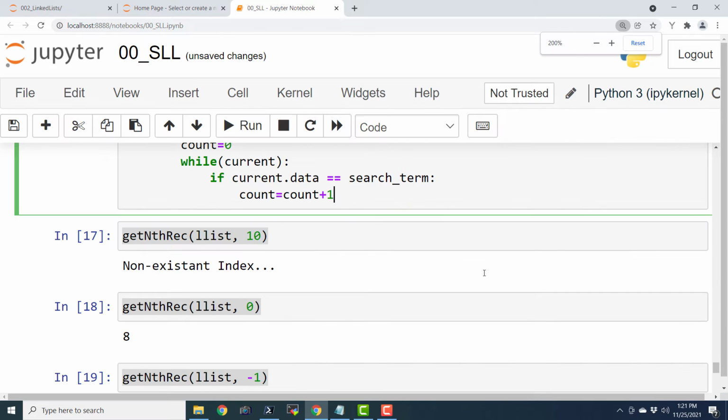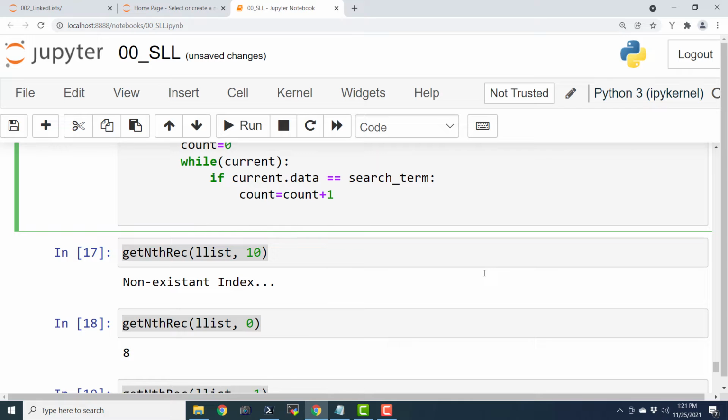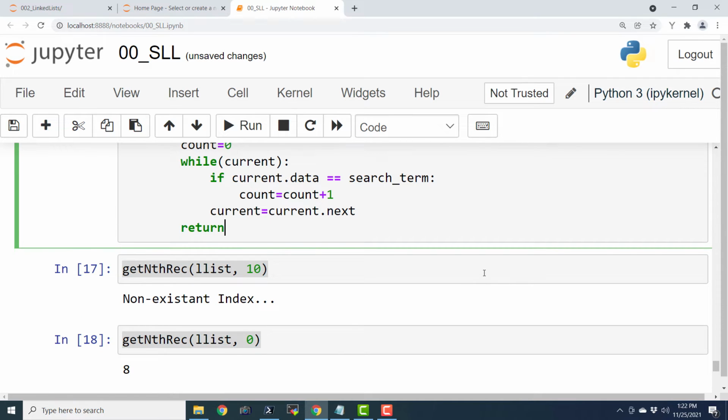And I hope that you are able to see whatever is being typed on screen. And then we are going to increment our pointer, okay? And the best way to do that is current equals to current.next and return count. So here we are returning the count.